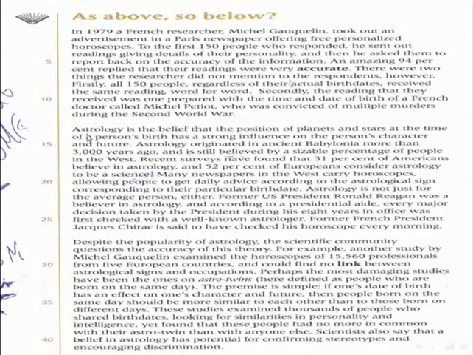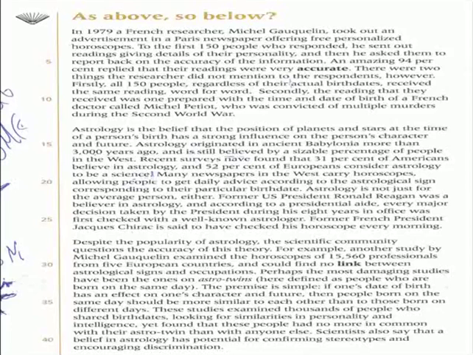Right, second paragraph, we read. Okay, let's continue, go on. Astrology is the belief that the position of planets and stars at the time of a person's birth has a strong influence on the person's character and future. Astrology originated in ancient Babylonia more than 3,000 years ago and is still believed by a sizable percentage of people in the West. Recent surveys, right, have found that